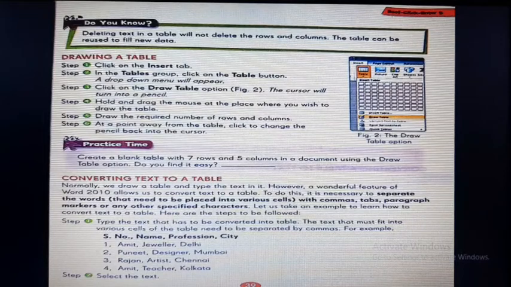Now we are converting here the text into a table. This also we can do in